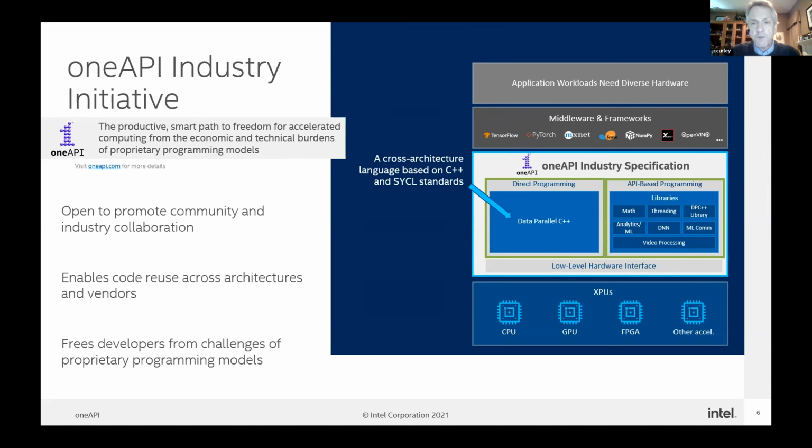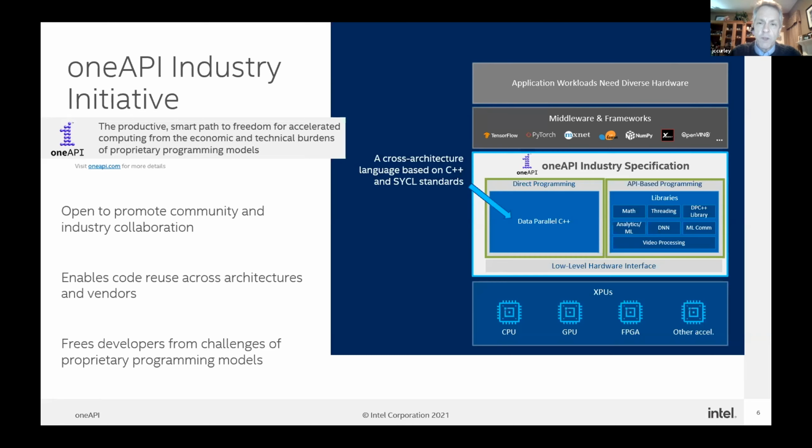This should enable a couple of different things. One, you should get greater code reuse across different accelerators from different vendors, and hopefully free you up from some of both economic as well as technical challenges that come from reliance on one single proprietary toolchain. In order to do this, the specification handles 2 different major elements. One is a common data parallel language, an abstraction language that allows you to program accelerators. And this language is codenamed Data Parallel C++. We'll talk a little bit more about it on the next slide.